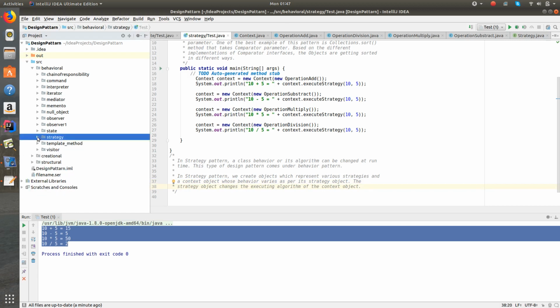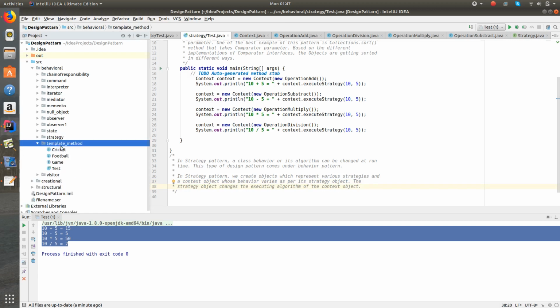So let's move to another design pattern, that is the template design pattern. Template design pattern is used just like you want to take